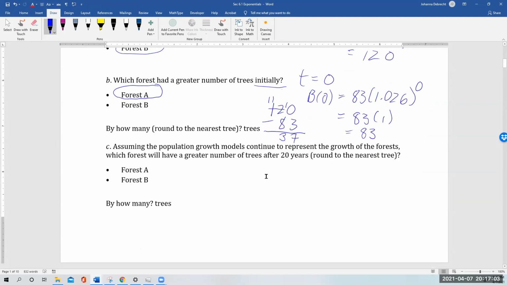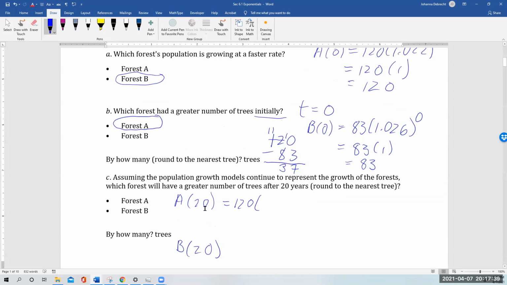The last part to this question is, assuming the population growth models continue to represent the growth of the forests, which forest will have a greater number of trees after 20 years, round to the nearest tree? To compute this, what we need to do is to compute A of 20 and compare that amount to B of 20. So when we're looking at A of 20 and B of 20, what we have is A of 20 is going to be equal to 120 times the quantity of